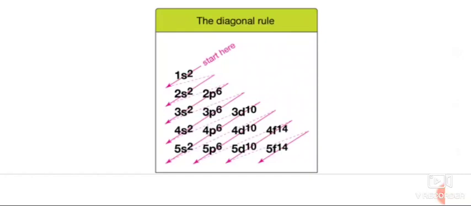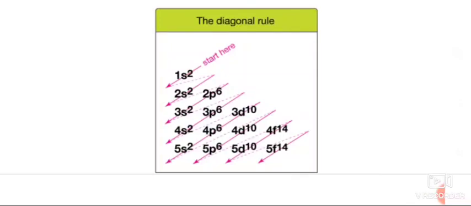While writing this electronic configuration, first we will be writing the SPDF notation, correct? That is, s orbital, p orbital, d orbital. Before s or p we will be writing a number, 1 or 2 or 3, that shows which shell it belongs to, that is the principal quantum number. And we have to write which subshell it is, s or p or d, and the number of electrons we have to write as a superscript. This is the way we write the notation.